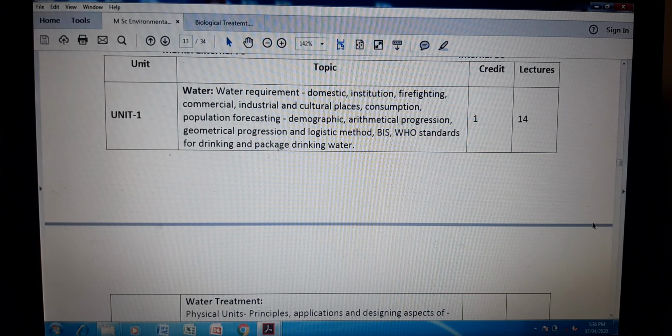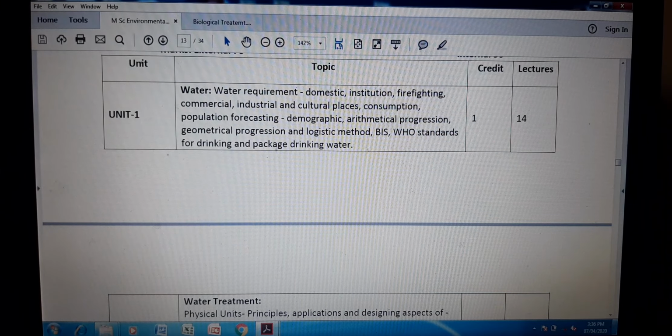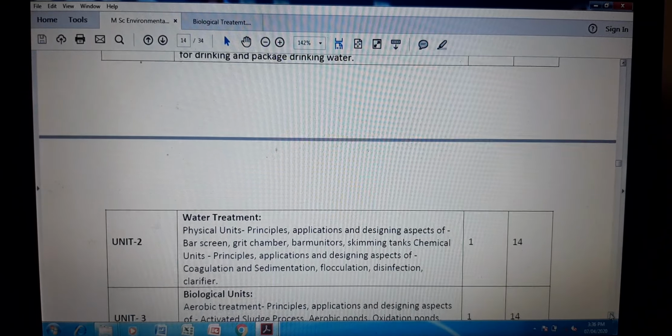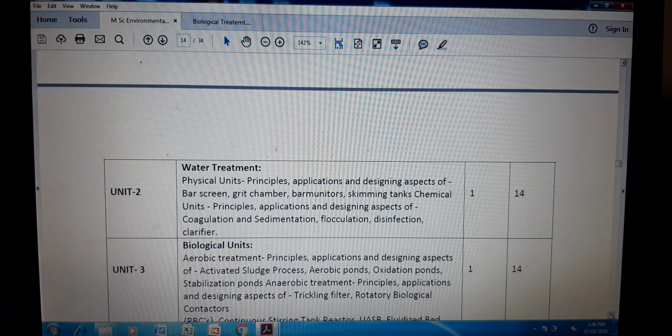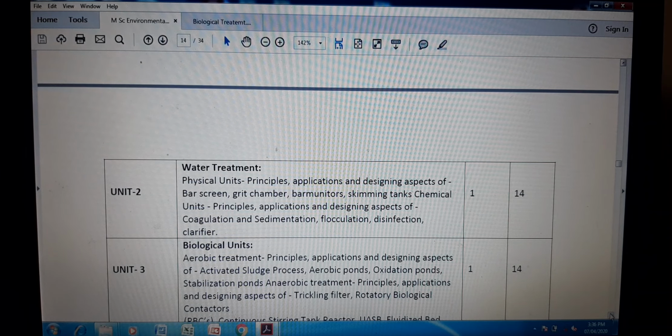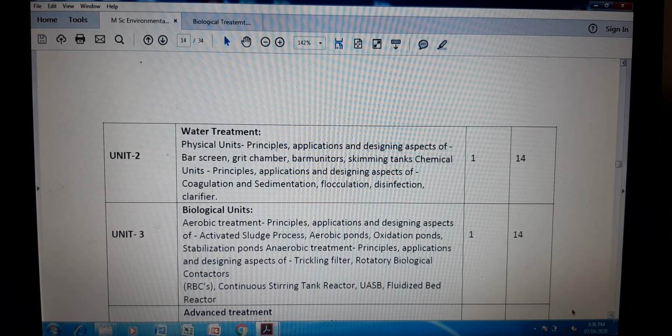Now today we are going to discuss what exactly biological treatment is. In this biological treatment we will see the methods of biological treatment. This particular topic comes under unit number 3, and in this unit number 3 we will discuss the aerobic treatment, their principle, application, and the designing aspects of the activated sludge process, designing aspects of various